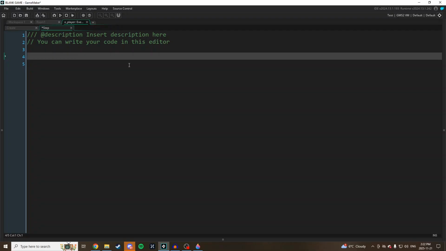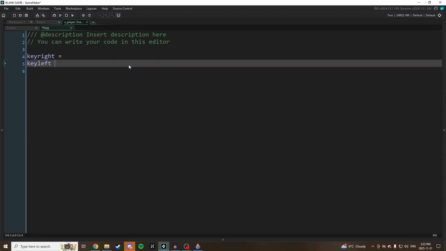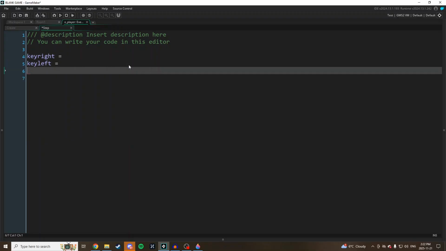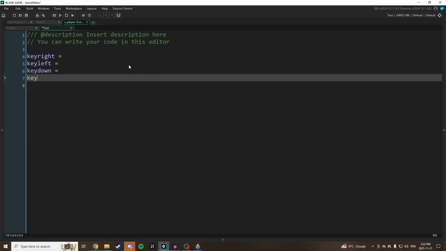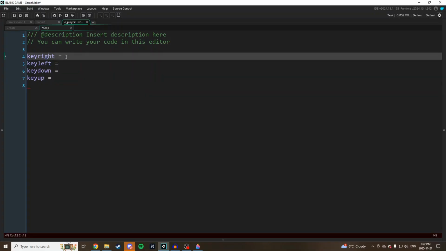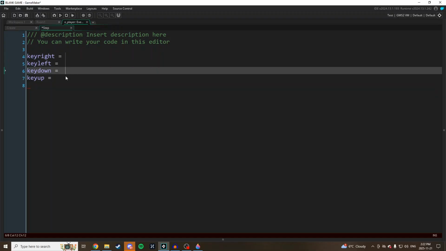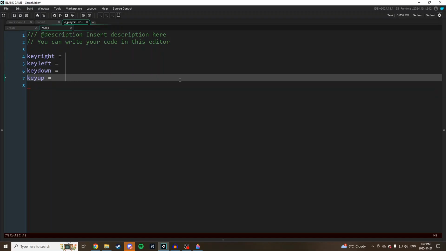The first thing I'm going to do is get all of my inputs. So I'm going to write key_right equals, key_left equals, key_down equals, and key_up equals. Then I'm going to click up here, hold Alt because I'm on Windows, and highlight all four of these lines. And I'm going to type keyboard_check(